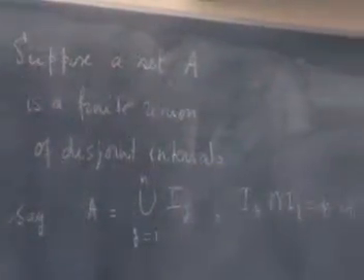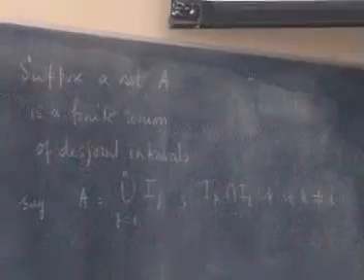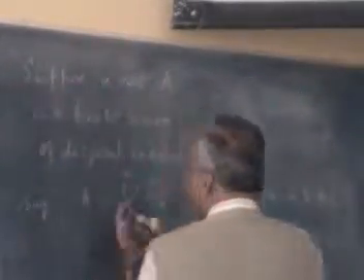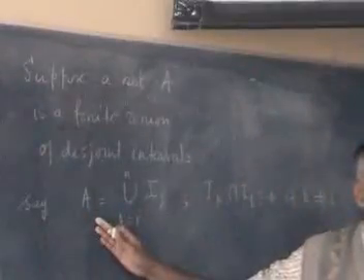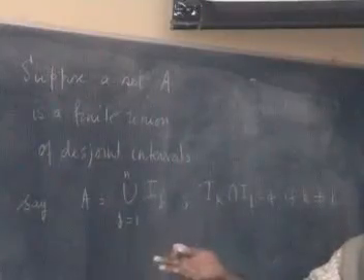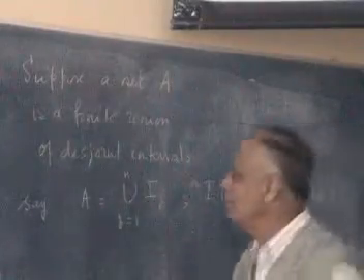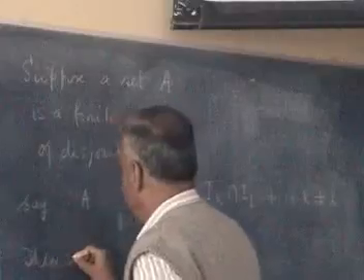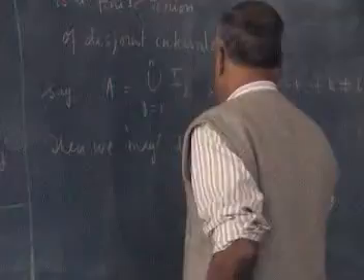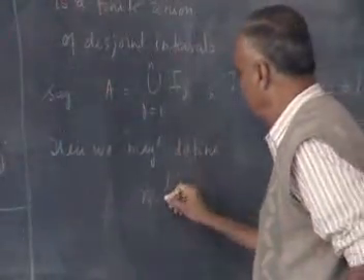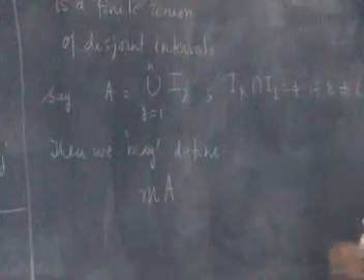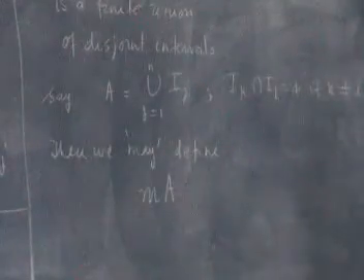Suppose you have a set which is made up of intervals, then there is a natural way of defining the quantification of this, namely add all the pieces together. That's what you wanted anyway, so you could as well take it as a definition. Then we may define the quantification of A, which we'll call M of A, the measure of A, whatever it is, as